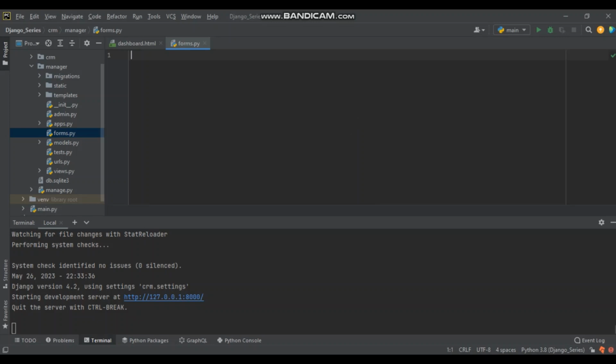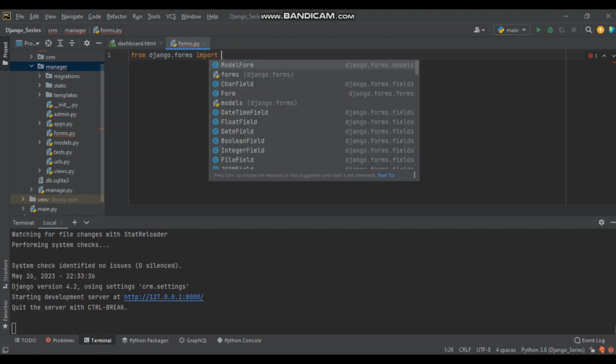We're going to put it within our app folder. We're going to get the form from django.forms. We are going to import the model form,